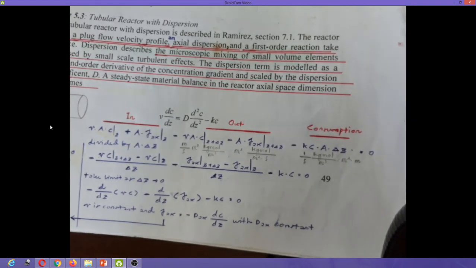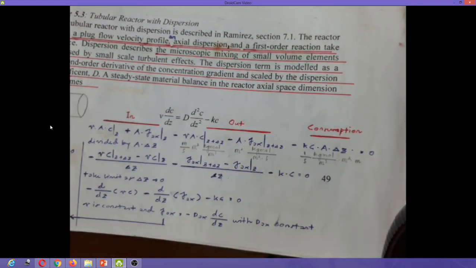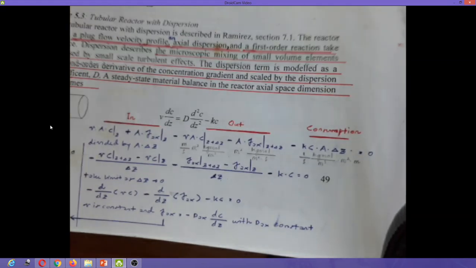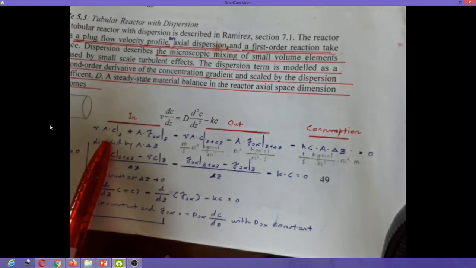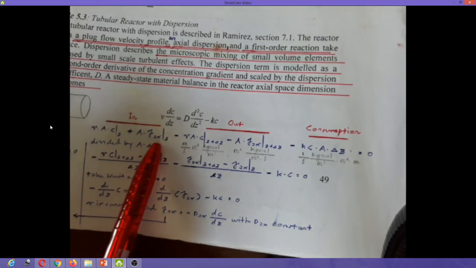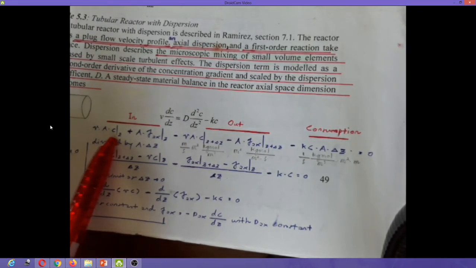All these things that I describe in here are mostly related to the transfer phenomena concept, because transfer phenomena are mostly based on distributed models. So this one is the in, this term in here with this term in here. This one is the dispersion term. This one is the convection term, and then you have the out, and the consumption. Always check for the units.